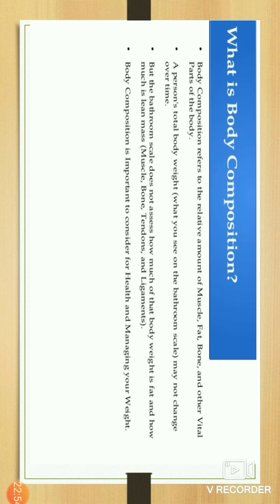Measuring body composition is done with a skin fold measurement. The purpose of this test is to measure the triceps and calf skin fold thickness, and the equipment required is a caliper. The procedure of this test: skin fold measurement involves measuring a double thickness of skin and the amount of fat with a caliper.